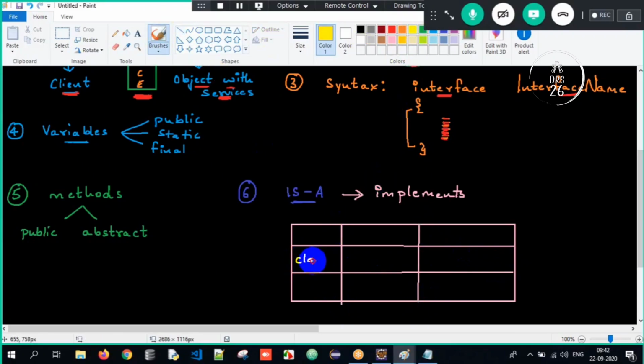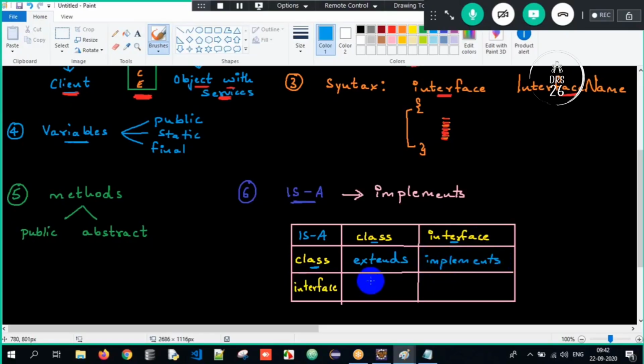Imagine guys, I have a class and this is also a class, and here there is an interface, and over here also there is an interface. Class to class IS-A relationship, we always make use of the extends keyword. If you want to achieve an IS-A relationship, class to class it's always extends, but class to an interface we don't make use of the extends keyword, rather we make use of a predefined keyword called implements over here.